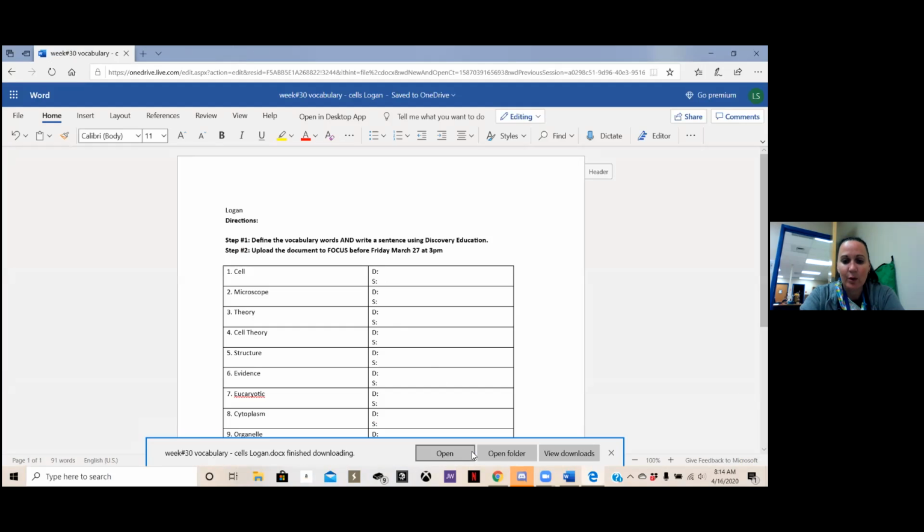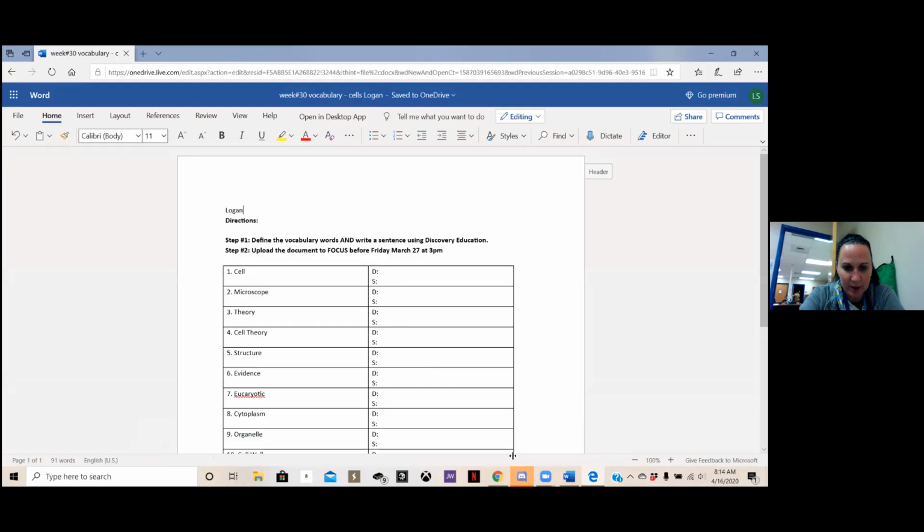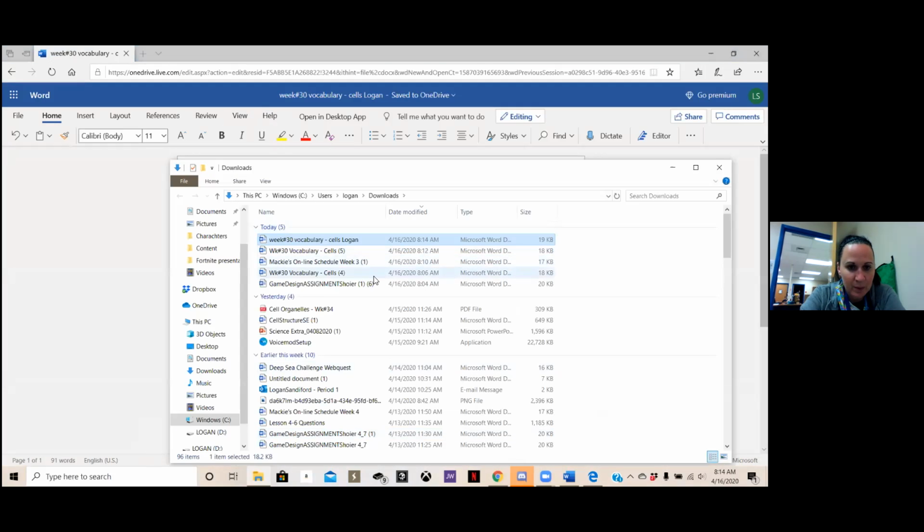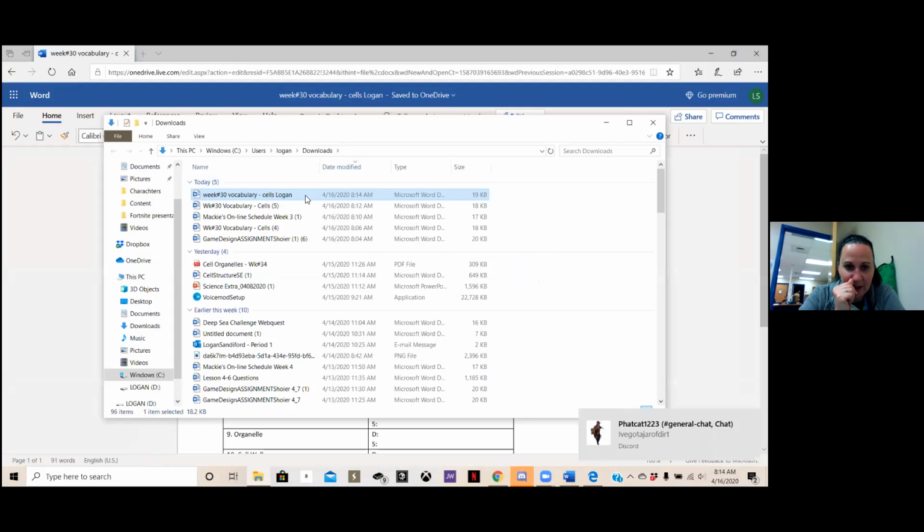Okay, now here's what you want to do: open your folder so you see where it got downloaded. There you go. Do you see where it is? Yep. You want to be able to find exactly where you downloaded it, and now it's easy. You can see the assignment name and your name with it. So now what I want you to do is X out of all of this and go back to